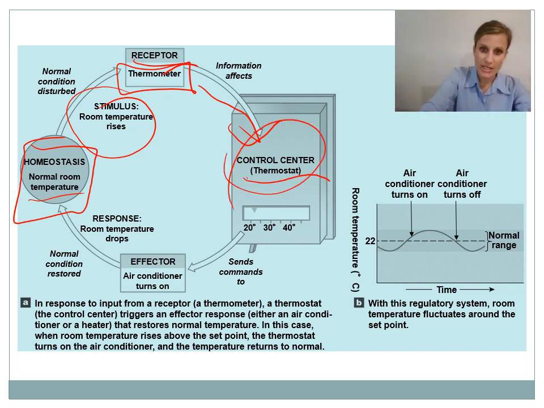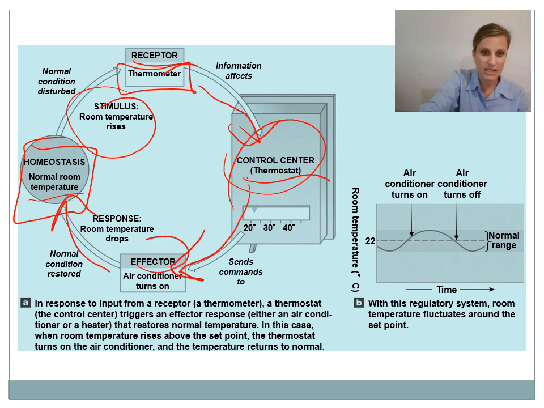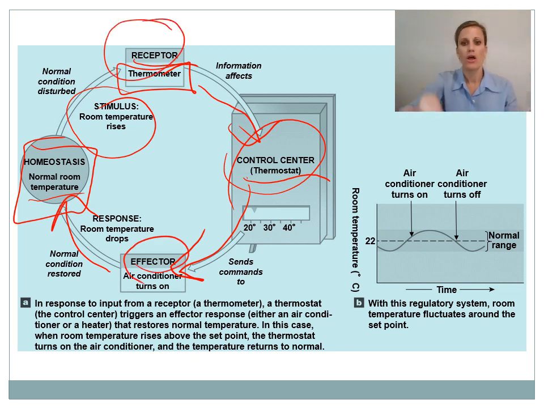And that control center or thermostat sends the information to the actual air conditioner to turn on, blow cold air, and cool the room off back to normal. Okay, so in that case, the air conditioner that's actually blowing the cold air, that's the effector. Right? So the receptor notices the change. The control center figures out what to do about it and sends out the command, and the effector actually fixes